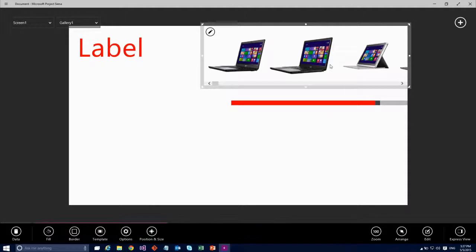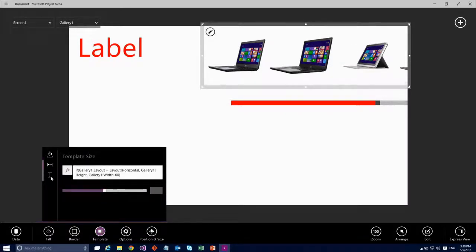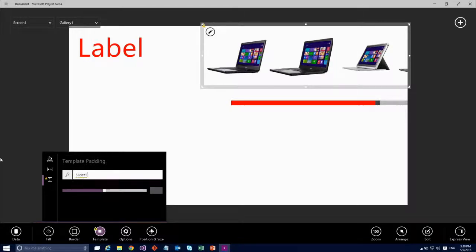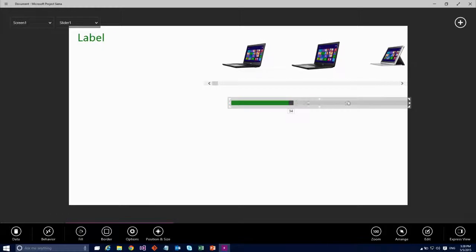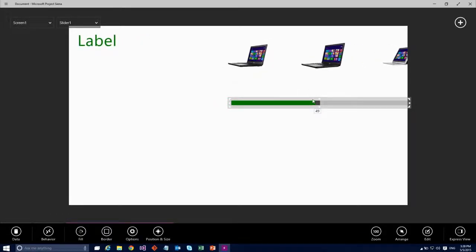Or even, this makes absolutely no sense, but you could go in and change the padding size of my template here. This is all about trying to prove the point that absolutely every property in this tool you can back with an Excel formula to add logic. So this is pretty neat.